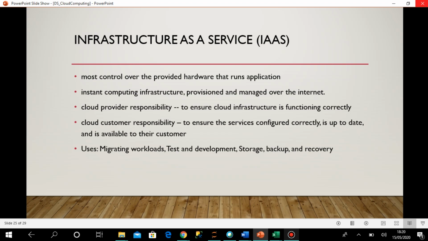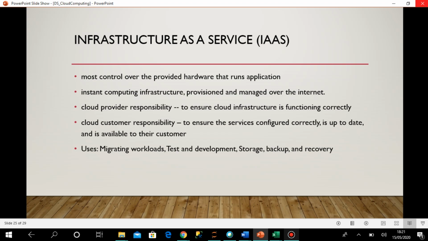Okay, so the main use of IaaS is migrating workloads. Suppose I have an entire project on an on-premise server, I can just move it as it is to IaaS. That would be easier. I don't need to make many changes, because here I'm getting only the infrastructure. On that I can do my entire software loading, configuration, etc.